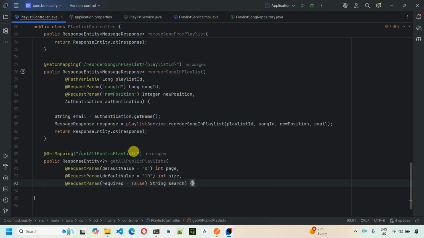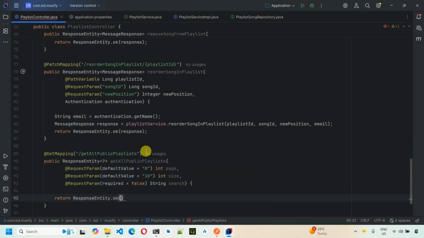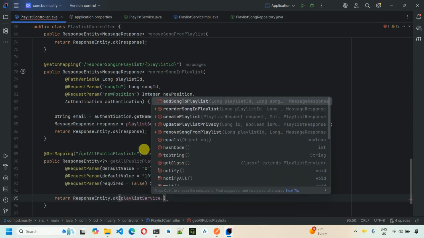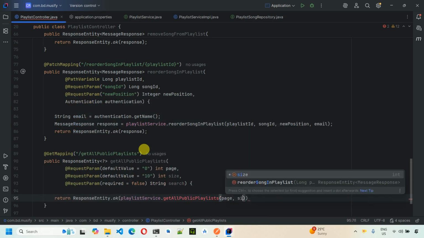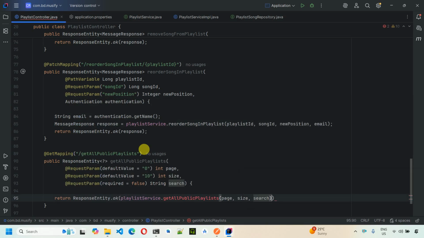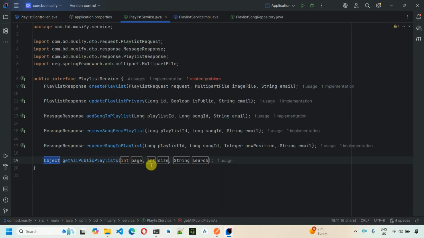So let's quickly open the curly braces, and over here we will simply return ResponseEntity.ok. And into this one, we will pass playlistService.getAllPublicPlaylist with page, size, search. Now save this. This method doesn't exist, so hover on this one, create method, and this is added. And into this one, what we have to do next is